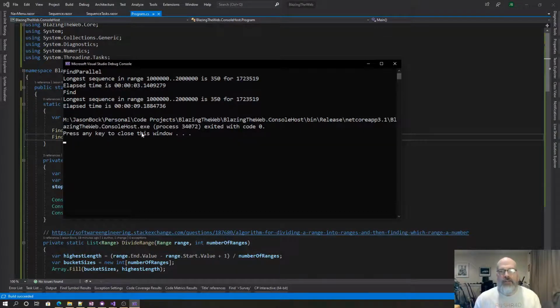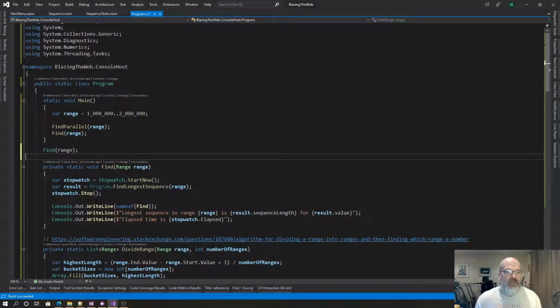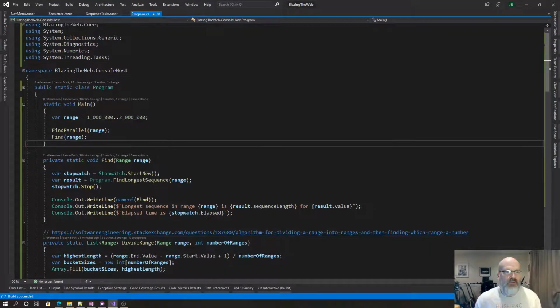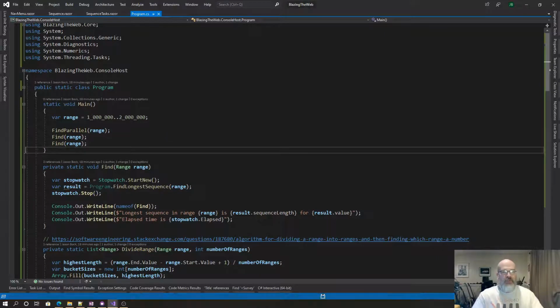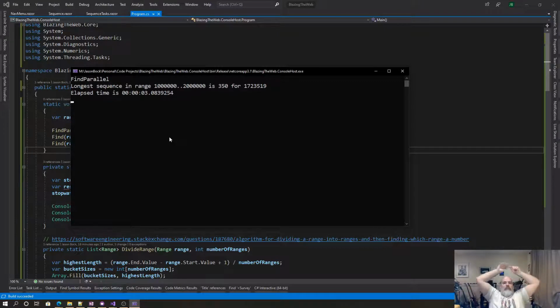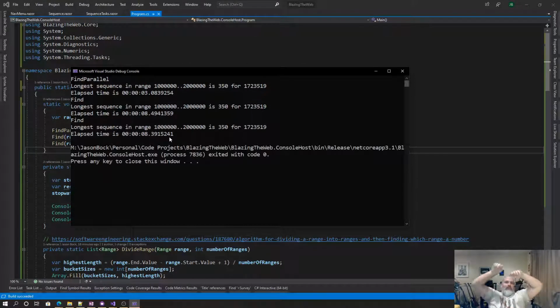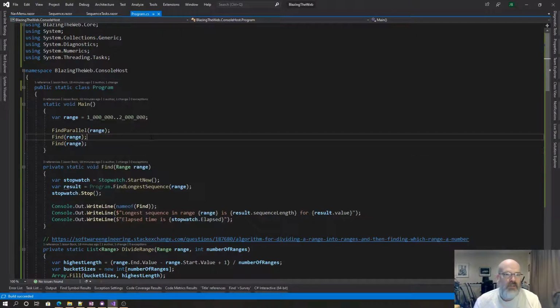It wouldn't matter if I ran this a second time. It's still going to be that much slower. It's going to be that much more work. And I bet the one that took the most time is the last one. That'd be interesting to look at. Yeah, it's virtually the same. That would be interesting to look at to see